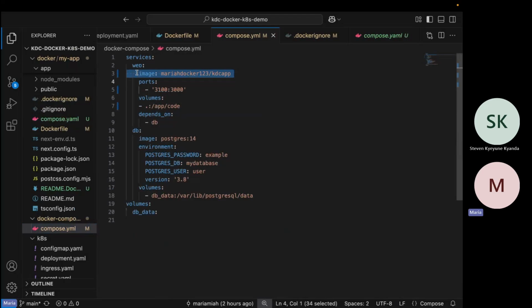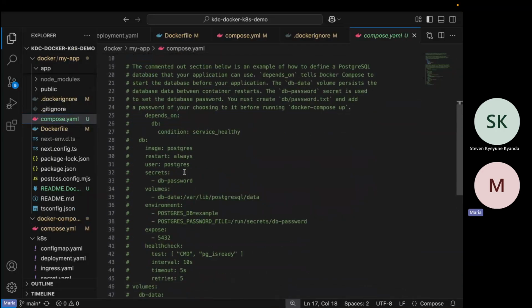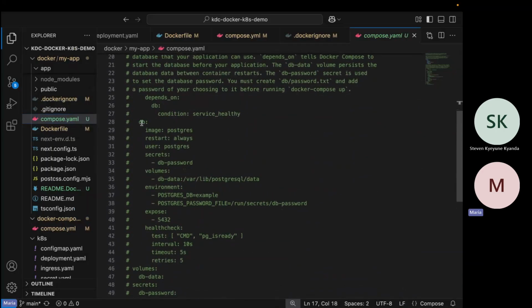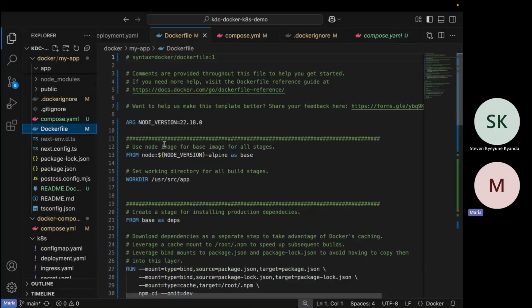But sometimes you have not built this image yet. So what happens? There's build context. So you provide a link to the path where the Docker file exists. So it's build context. Then you provide the ports. You can uncomment in case you have a DB service that you want to run. Then also the volumes are catered for. Then it also creates a Docker file for you.